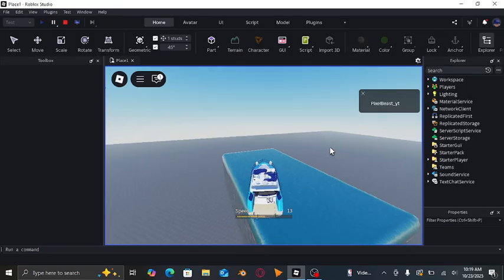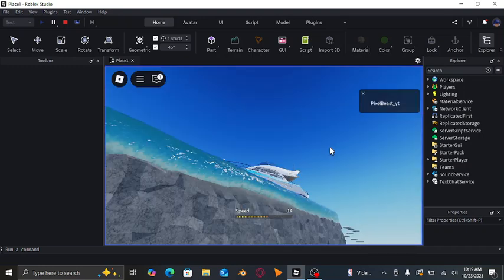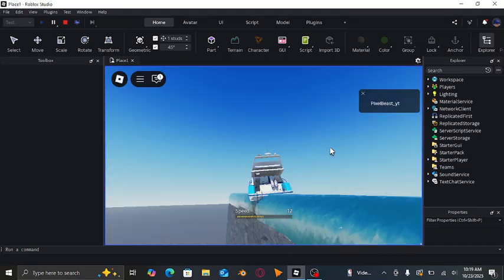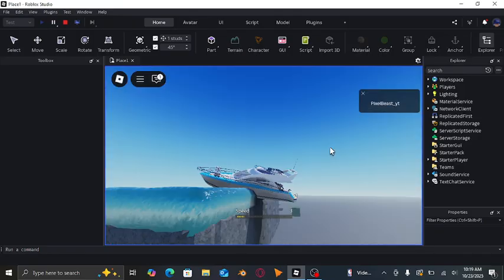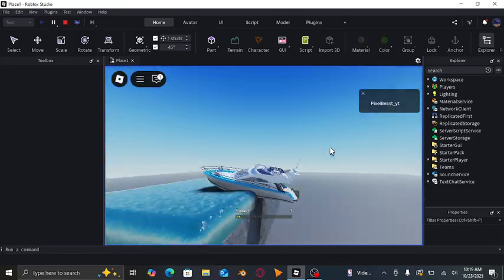Yacht. Okay, and as you see, the water physics aren't the best. Oh my gosh, I'm falling. No! Oh my gosh, I'm gonna fall. Wait, did I clutch this? I might have clutched this. Okay, anyways,